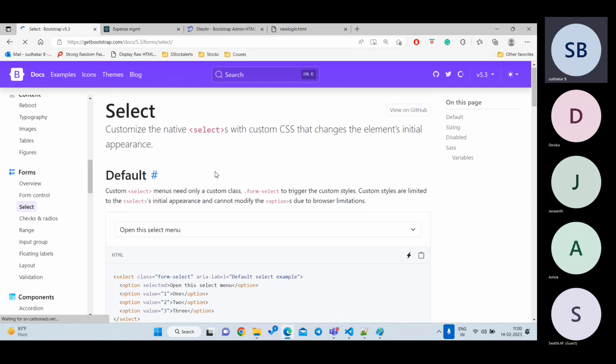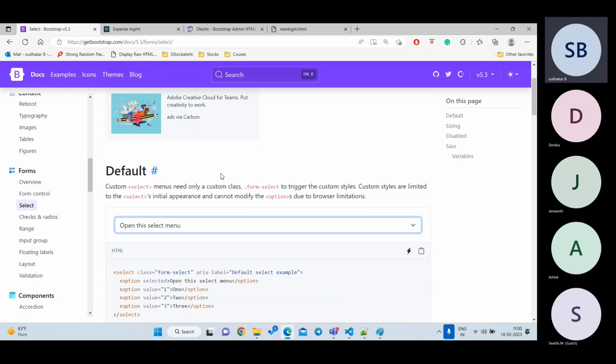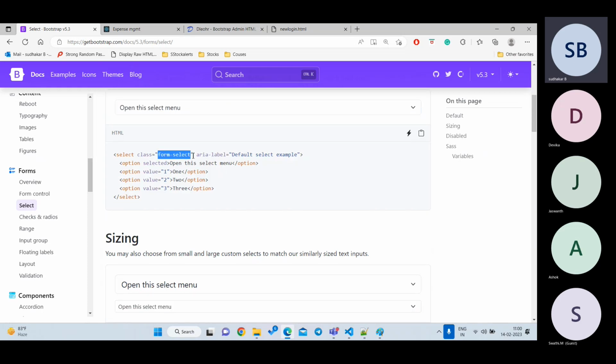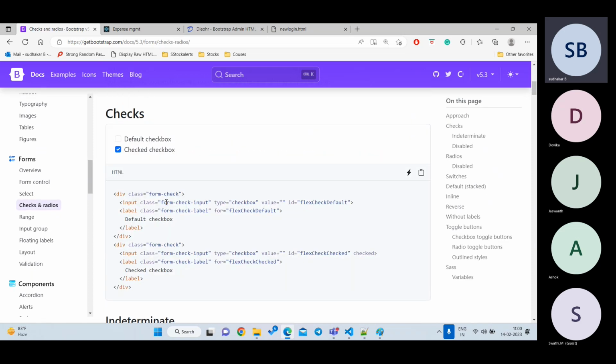Suppose I want to write a drop down; the class name is form-select. For a checkbox, the class name is form-check. For radio, guess the name. Form-